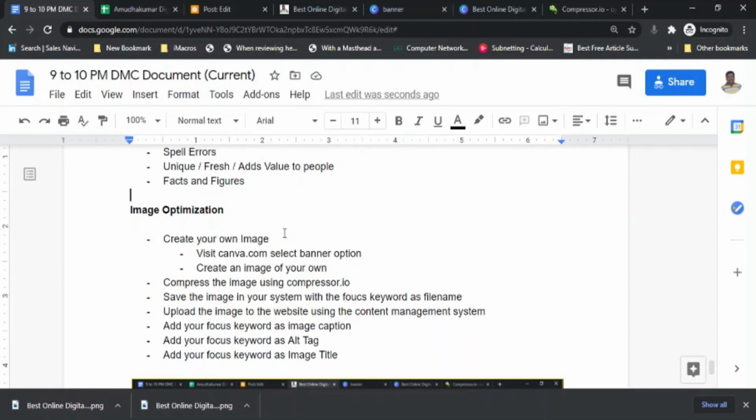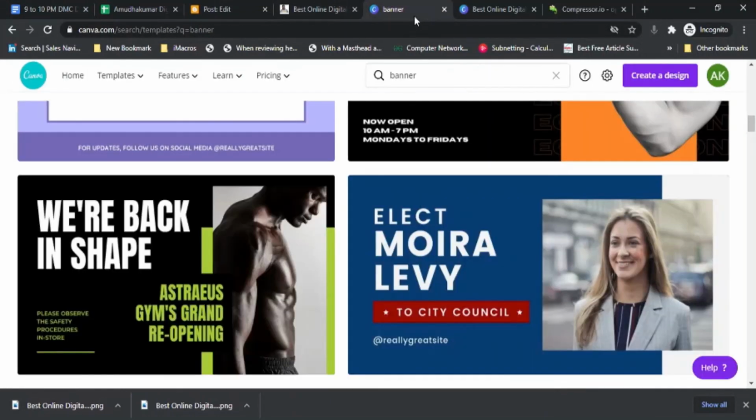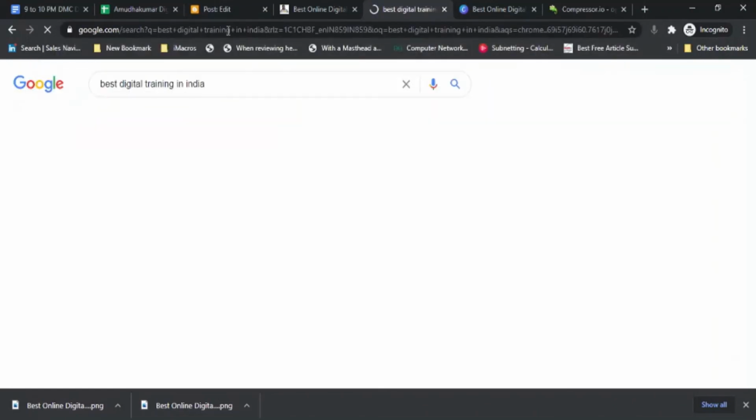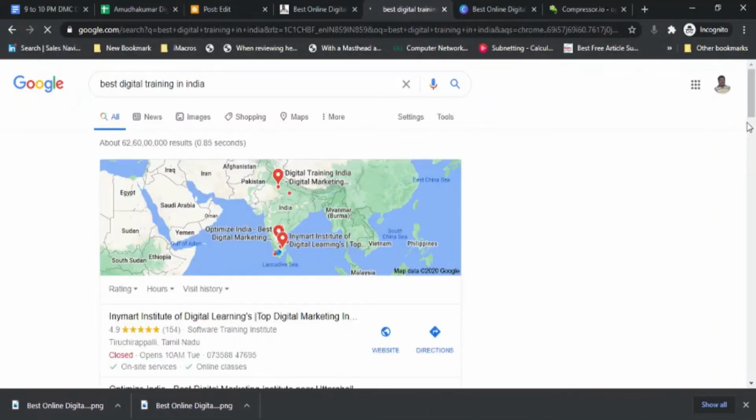Now Google will crawl your image URL and it will index it inside Google. So whenever you go out and search for best digital marketing training in India, okay, best digital marketing training in India.